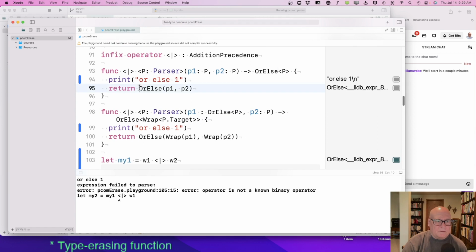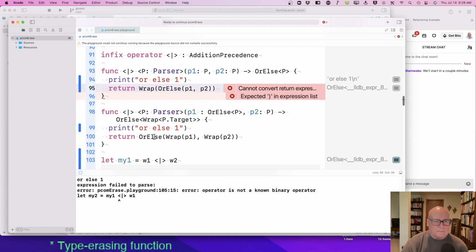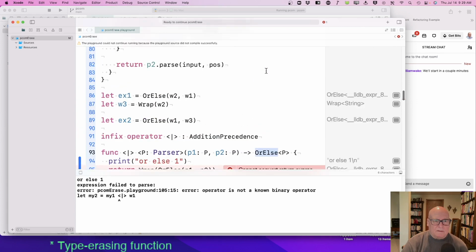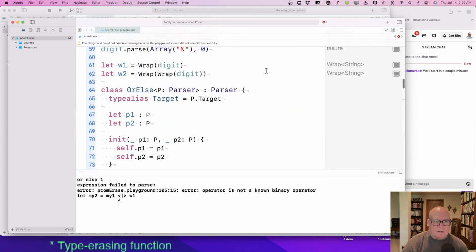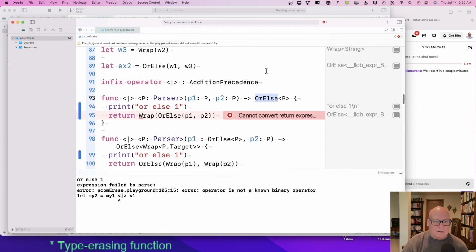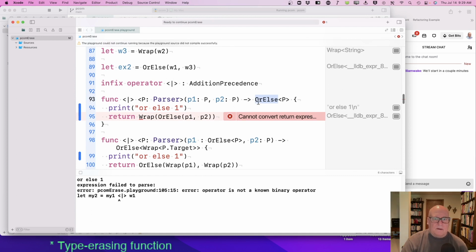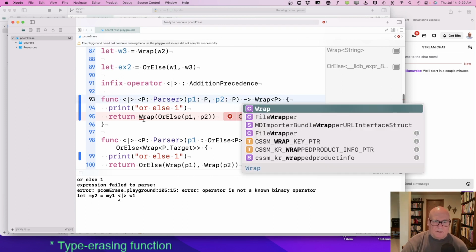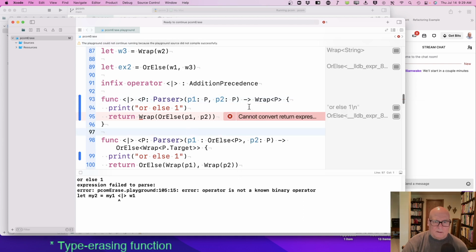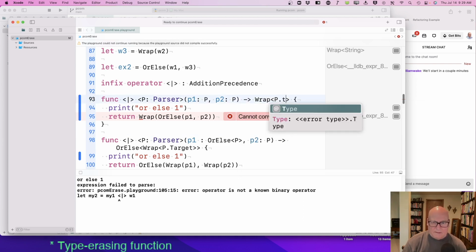Well, what if I wrap here? Is that going to work? So wrap a P.target.